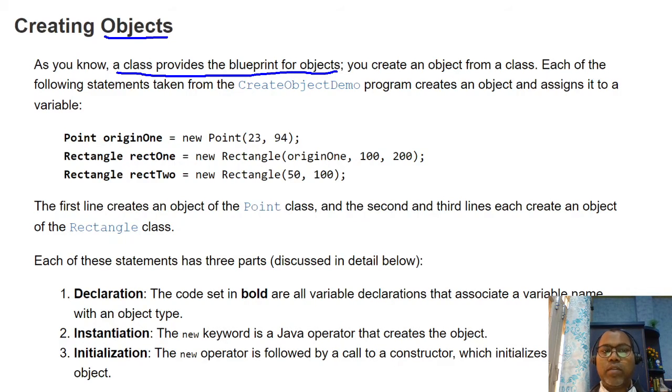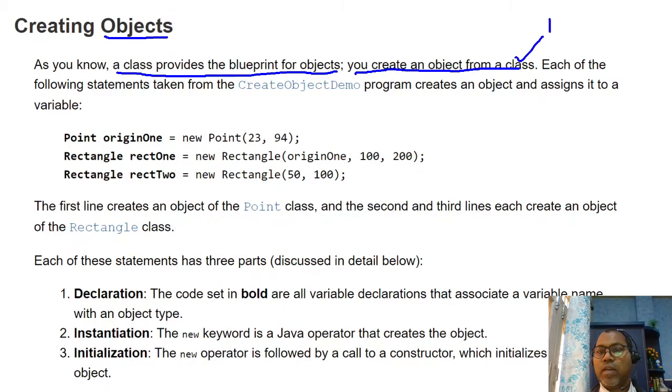We have already discussed what a class is, and that a class specifies the structure and behavior of an object. So if you want to create an object, first you create the class. That class specifies what attributes and what methods the set of objects created from that particular class have. So you create an object from a class.